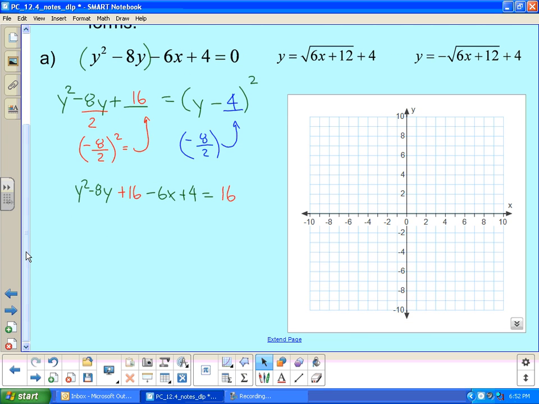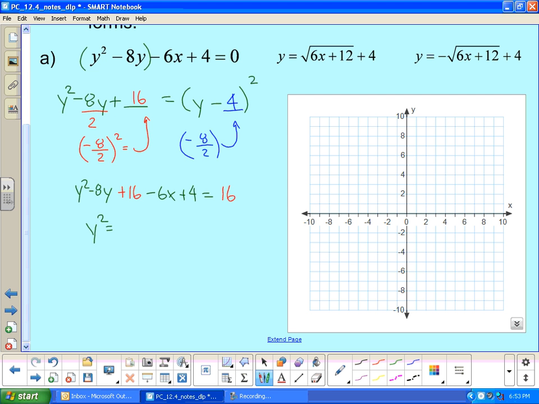Let's go ahead and get this, if we can. Well, we can. We want to get it into one of our parabola forms, and that means I'm going to get it into y squared equals something. So we're going to move everything over to the right-hand side of the equation and be left with y squared is equal to